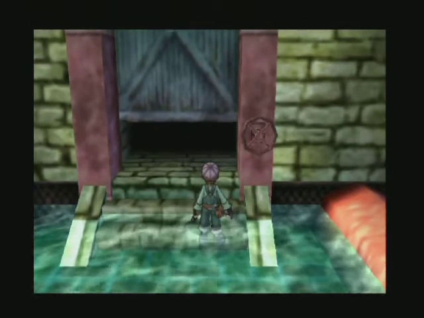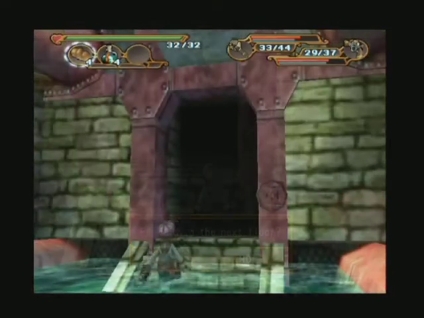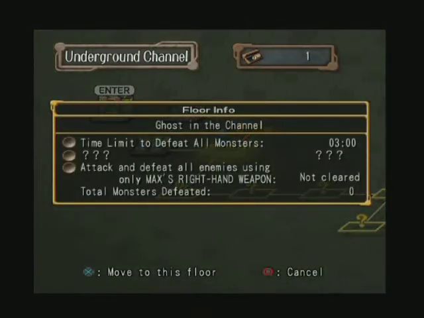Use the key handle and proceed to the next floor. So, what do we have for this one? Attack and defeat all enemies using only Max's right-hand weapon. There are bats, so you do need to be aware of that. And 3 minutes, which is not going to happen. I believe there's a little scene at the start of this one as well, so...